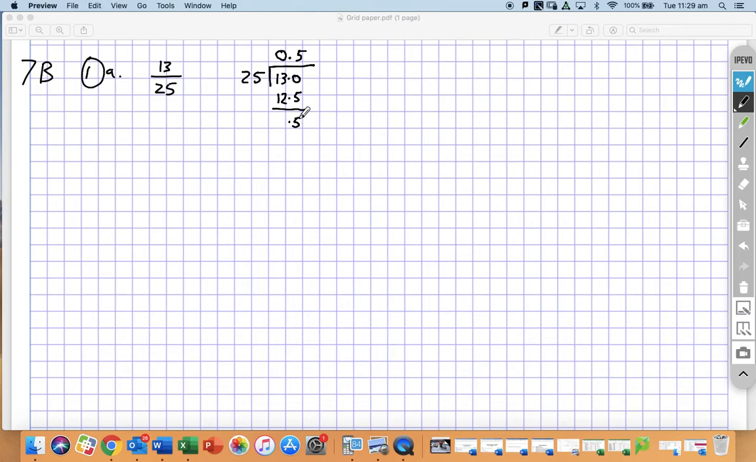So it's 25 going into 5? No, it doesn't. But if I brought another 0 down to make it a 50, does 25 go into 50? Yes, it does, 2 times. And it does so with 0 remainder. So we are now finished with that fraction. Let's have a look